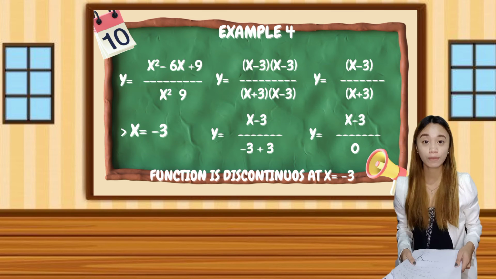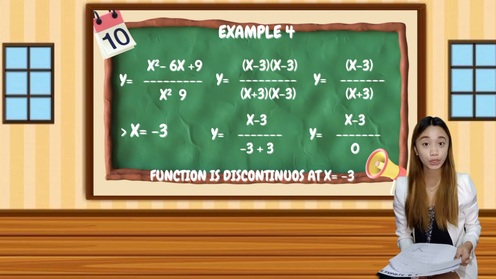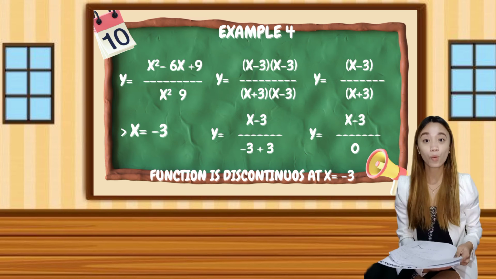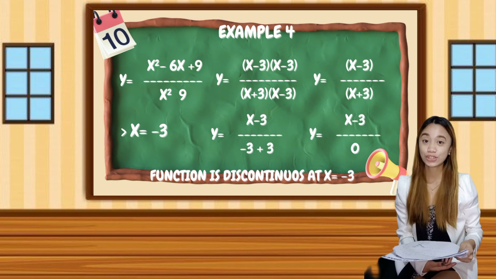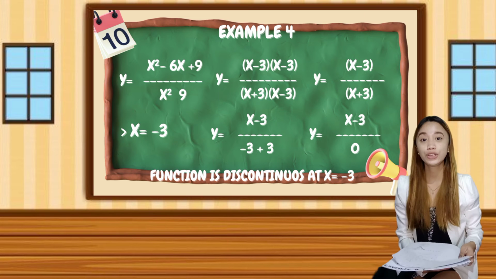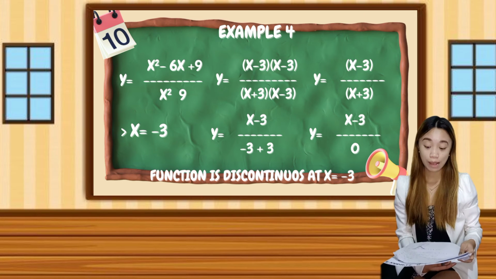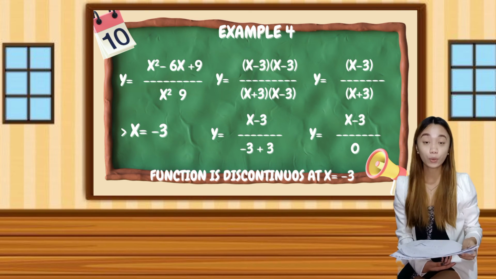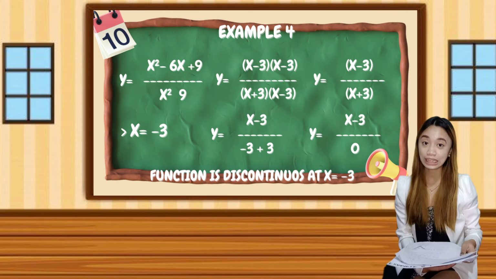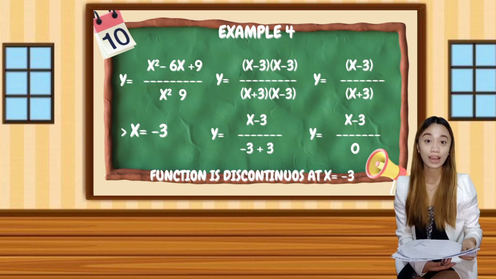And as you can observe, pwede natin i-factor out yung numerator and denominator. So we can get y is equals to x minus 3 times the quantity of x minus 3 for our numerator. And for our denominator, we have x plus 3 times the quantity of x minus 3. In overall, we have y is equals to the quantity of x minus 3 times the quantity of x minus 3 all over the quantity of x plus 3 times the quantity of x minus 3. Since our x minus 3 term can be cancelled, there is a removable discontinuity or a hole at x is